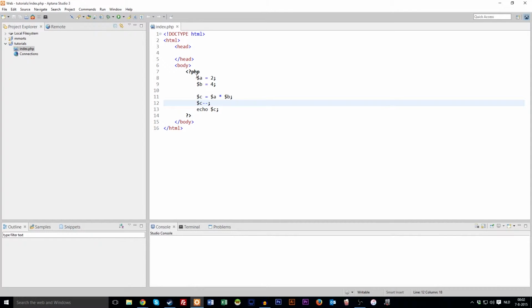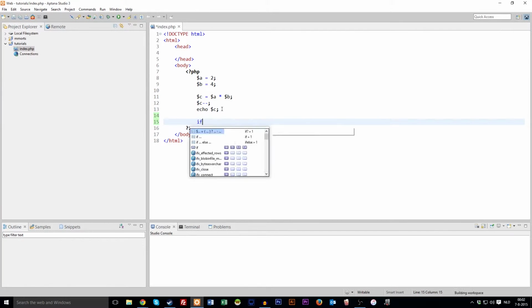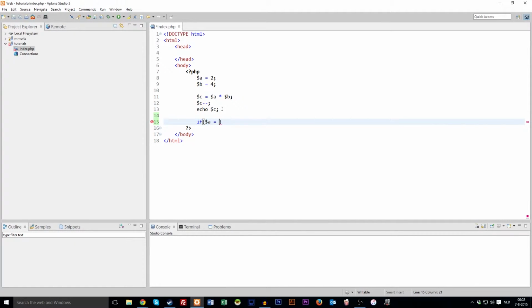So you can also have logical operators instead of numeric operators. For example, I'm not entirely sure if you're familiar with if else if statements yet, but I can show you a little bit about it. So if a is equal to, bad example, a times b is 8 minus 1 is 7. So let's remove this echo. If c,